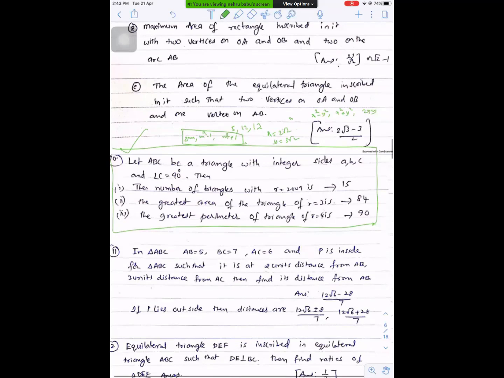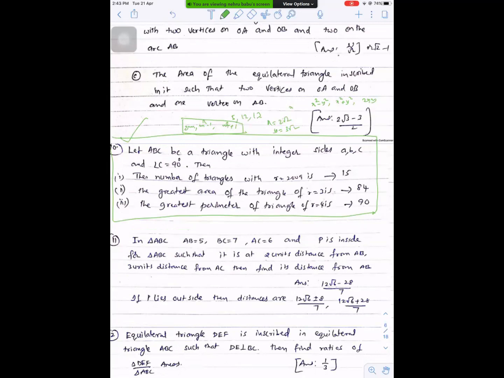Sir, a similar question was there, R equal to 13, in our assignment. I took it as that only, sir. K into x square minus y square, 2kxy, x square plus y square. Getting the answer, sir. Okay, fine. Try once again. Why is it wrong, sir? I just have to check the calculation once again. I'll check the calculation and tell you.